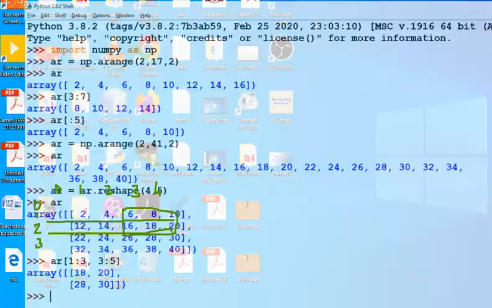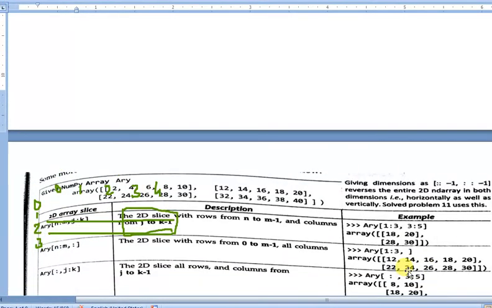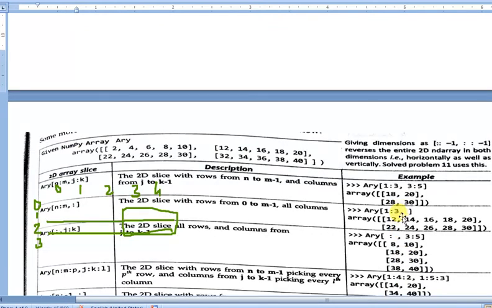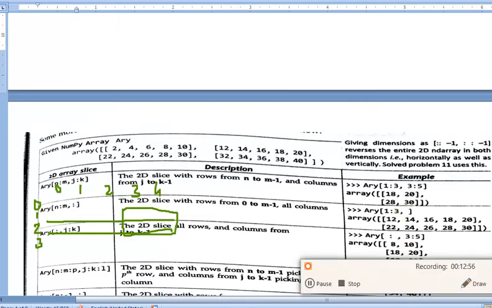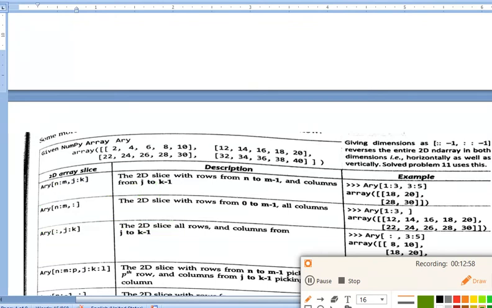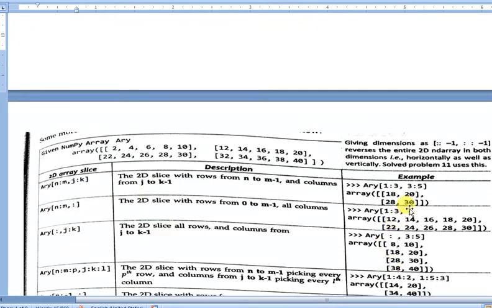Now you can take the next example. Suppose 1 to 3, the last is missing. If the last is missing, it means no column is given, so you have to select all the columns. So look here. 1 to 3, so row 1 and this one is 2, 3 and 4.